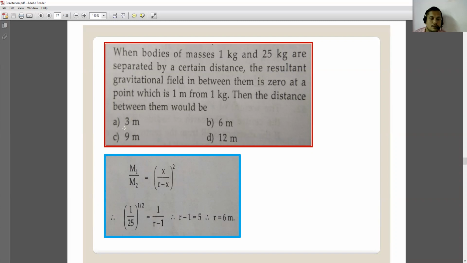So here we have to use the equation that is m1 upon m2, which is equal to x divided by r minus x, it's a square. So what are the values given to us when bodies of masses,